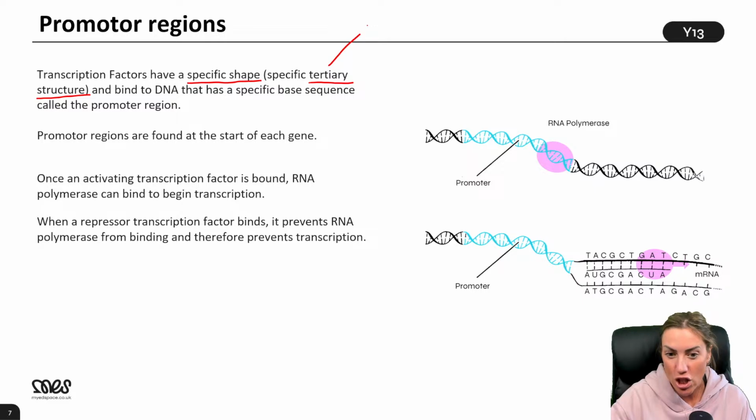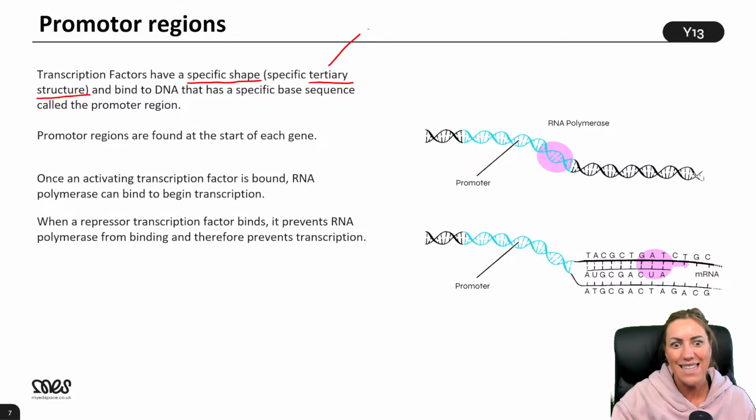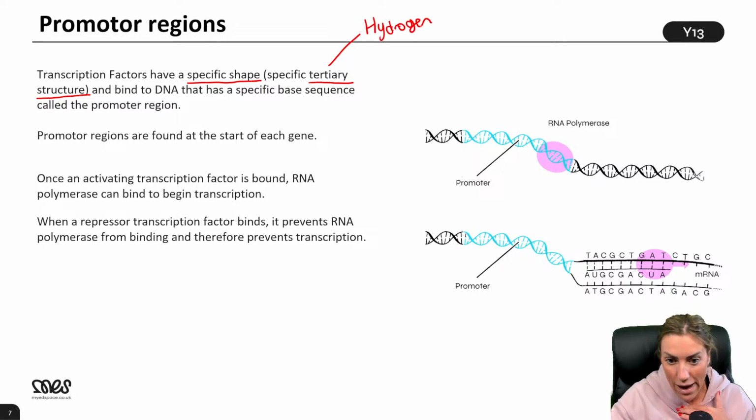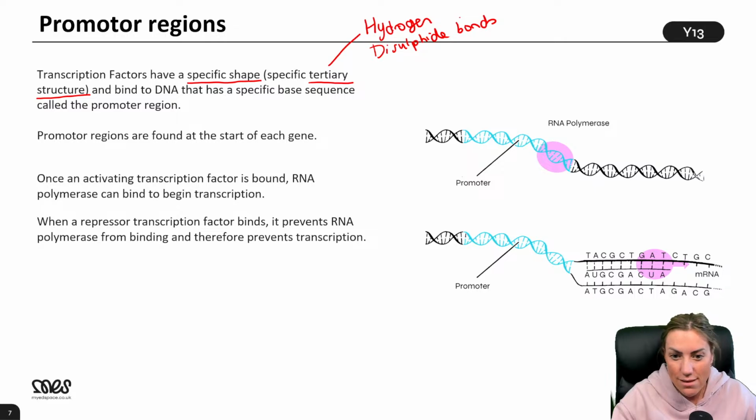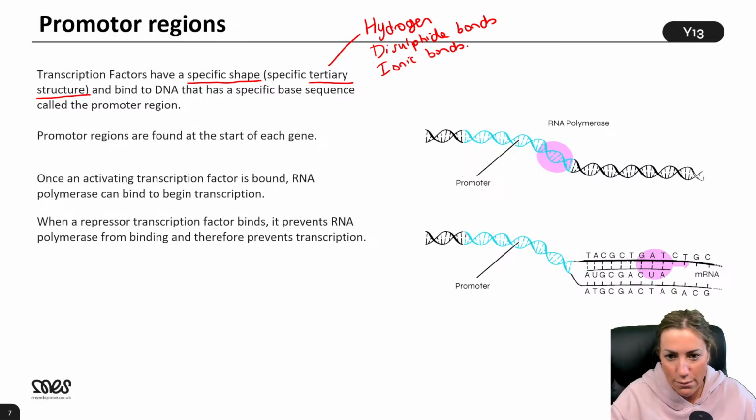Good one. The tertiary structure, not the primary structure, Swaro. So Swaro said peptide bonds, which obviously are in proteins, but that holds the primary structure together. It just holds the amino acids in order. But for the tertiary structure, we should be able to name hydrogen bonds, disulfide bonds, or you might have called them disulfide bridges or sulfur bridges. And then we've also got ionic bonds. That's just year 12 revision, right? Someone said covalent. You are correct. Disulfide bonds are covalent bonds. So they're really strong. Okay, nice one.